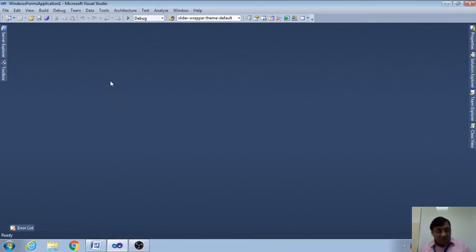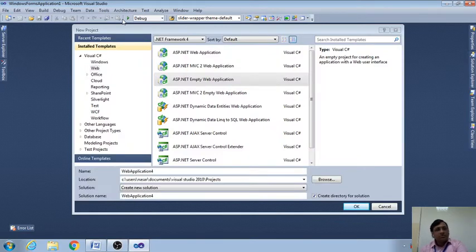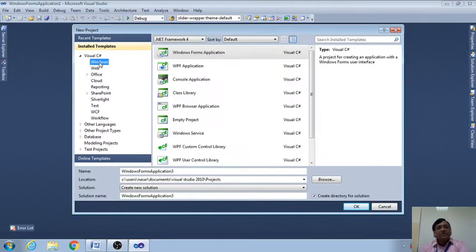How to create the Windows application and what the components of the Windows application are, I will explain to you. To create a Windows application or a console application, the steps are the same. There is no difference. So what are the steps? Go to File, New, and click Project. Whether you create a console application, a Windows application, a web application, or a mobile application, any kind of application, we have to do the same task. So here we will click Windows.